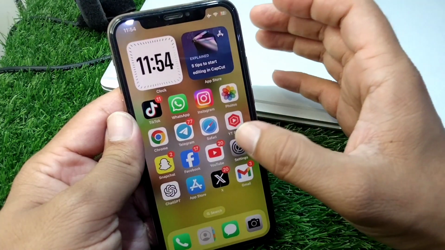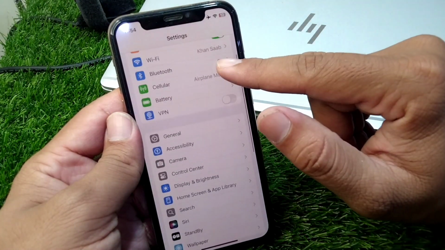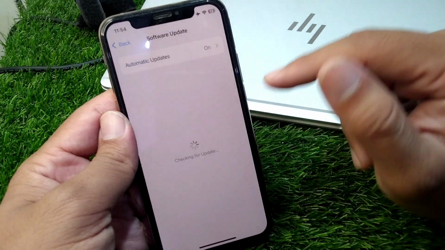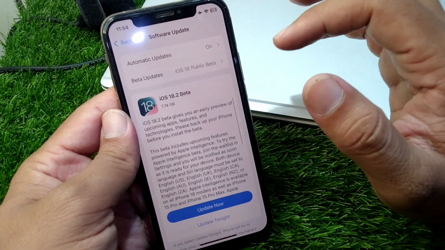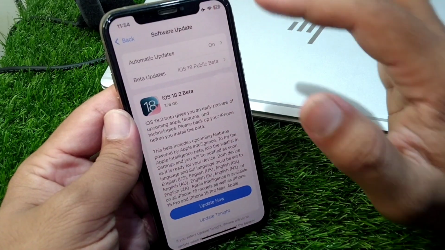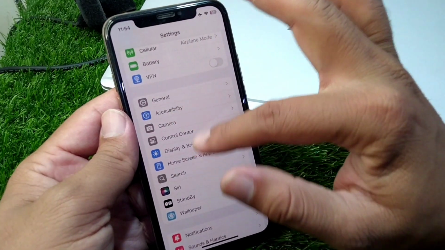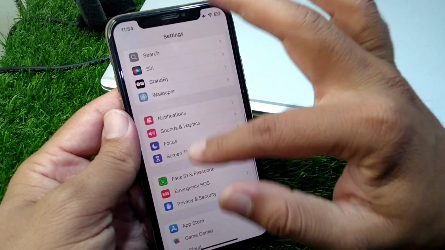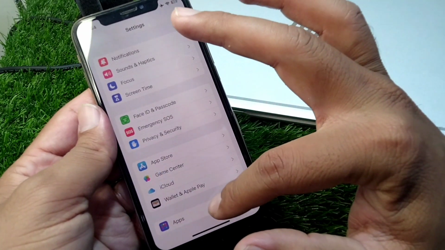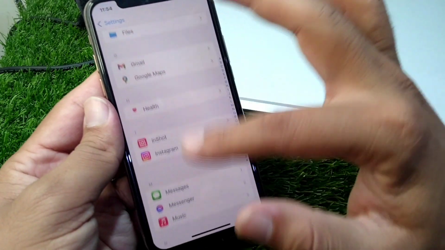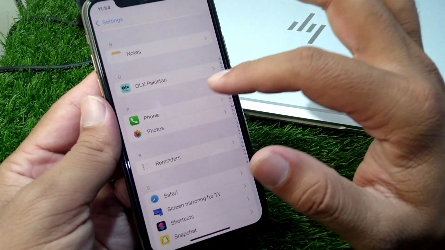So guys, first of all you have to simply open Settings on your device and then tap on General, tap on Software Update and update your software to the latest version. If there is any update available for you, simply update your device, and after this you have to scroll down all the way in Settings and then go to Apps, then scroll down and go to iPhone,